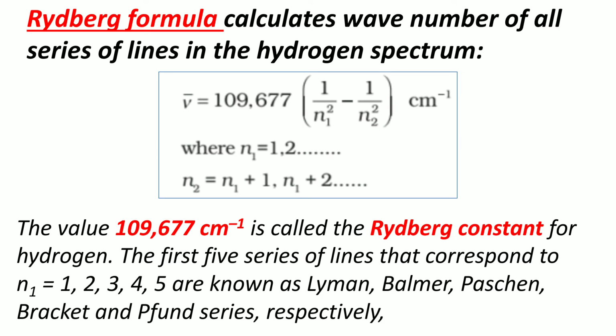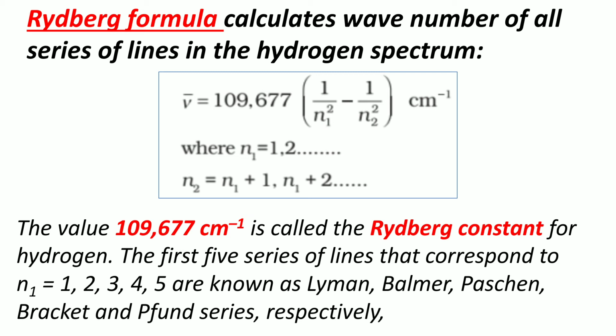Now the Rydberg formula. The Swedish spectroscopist Rydberg noted that all series of lines in the hydrogen spectrum could be described by this expression, the Rydberg formula, which is used to calculate the wave number of all series of lines in the hydrogen spectrum. The formula is mu bar equals 109,677 multiplied by (1 upon n1 square minus 1 upon n2 square) centimeter inverse,